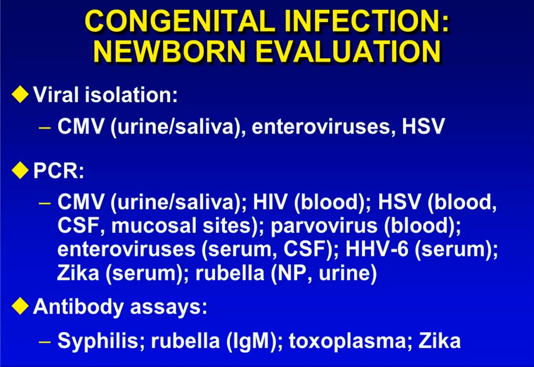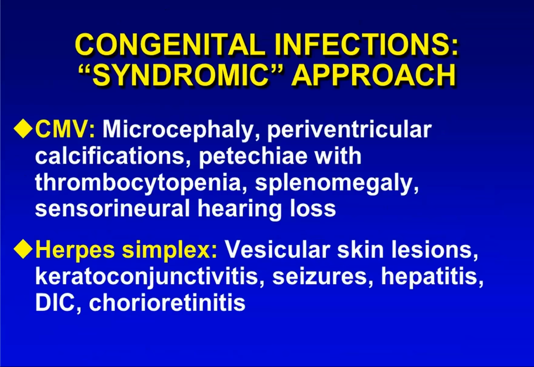And then antibody assays, as I mentioned, for syphilis and rubella. There's been a recent PCR for rubella, but for years we had to rely on IgM testing. And so rather than doing these panels where they're giving us IgG assays that are oftentimes not very helpful at all, we should think about what this baby could have, and then from there know how best to diagnose